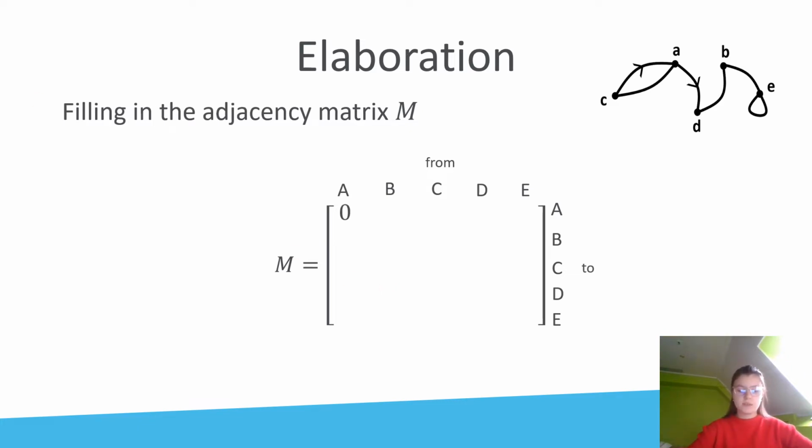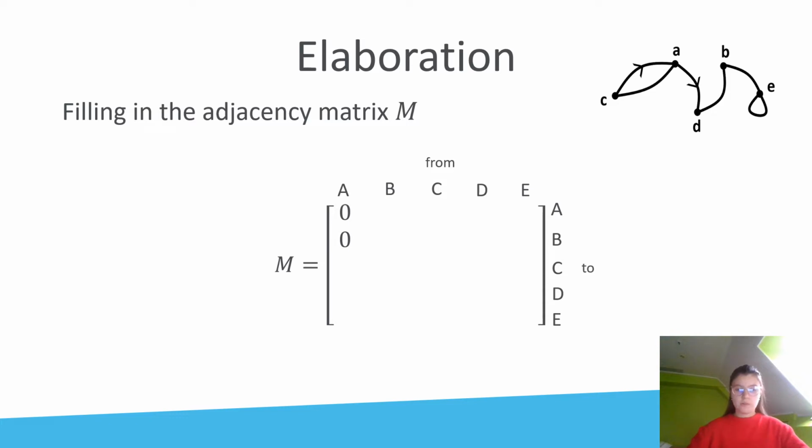Now we can start filling in the matrix. We start with the element on the first row and in the first column. In this exercise, we will be looking for how many connections there are from A to A. Like we see in our graph, there is no connection, so we write down a 0. In this exercise, we will start by filling in our entire column A before we move on to column B. We recommend working in a structured way so that you won't lose sight of what you already did and what you still have to do.